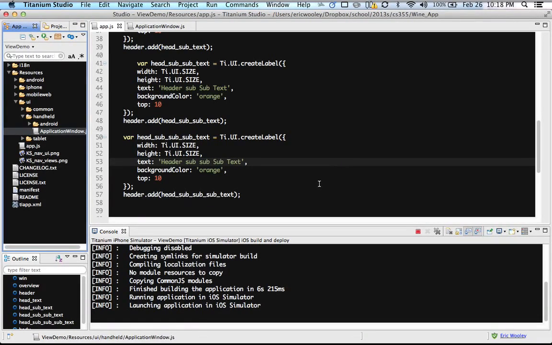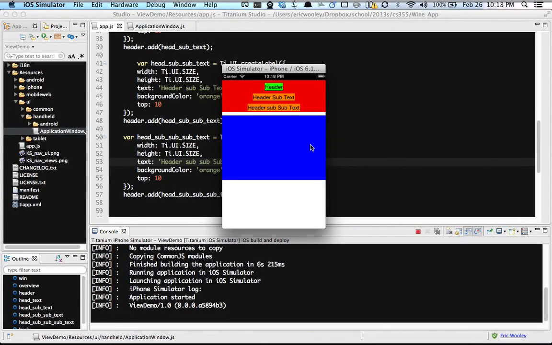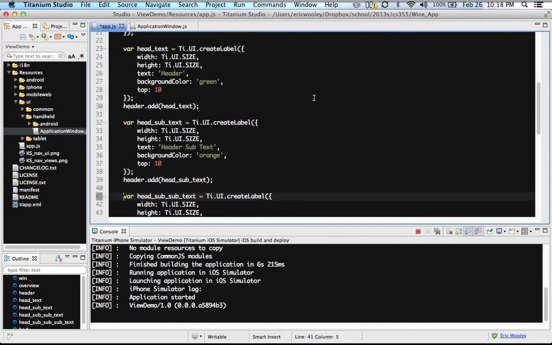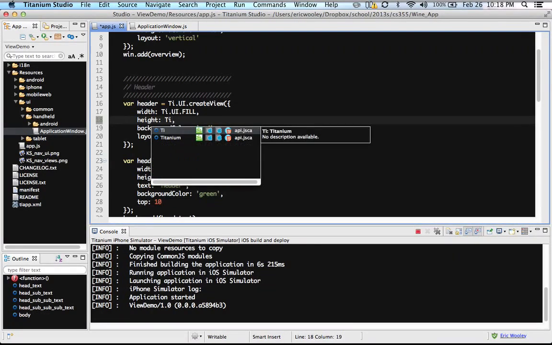So let's see. If it ever launches. Okay, yep, we're missing the sub. So to fix that, the error that we're having here essentially is that we have the height fixed. So it's only going to show 100 pixels no matter how much stuff is in that view. So we're going to change this one to